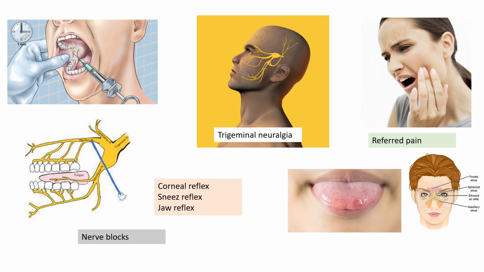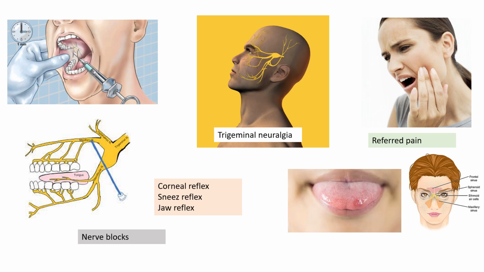Why the ear? Because there is the auriculotemporal nerve, which is branched from the posterior division and supplies the external auditory meatus and part of the tympanic membrane. So pain from the tongue can be referred to the ear. Similarly, a carious tooth can give pain in the ear. This is also referred pain. Okay, so this is one thing.